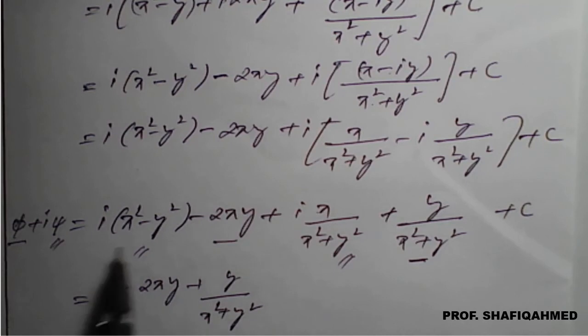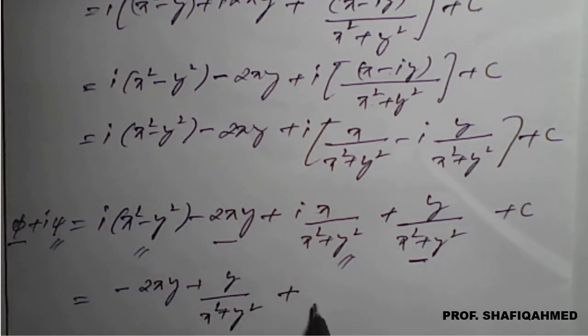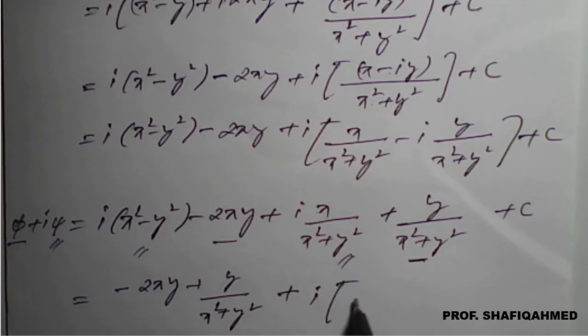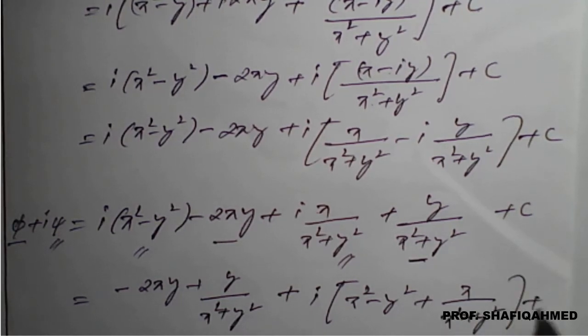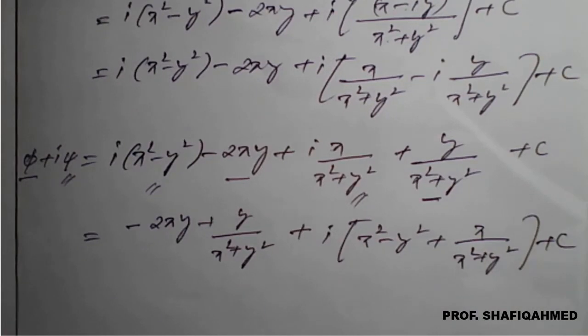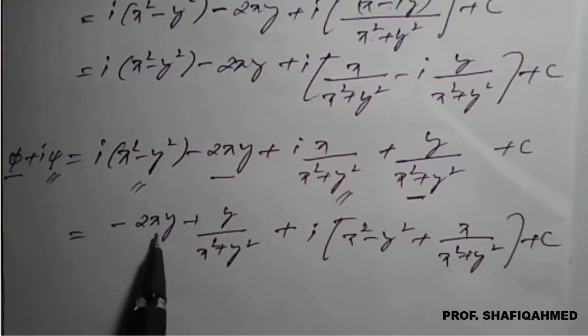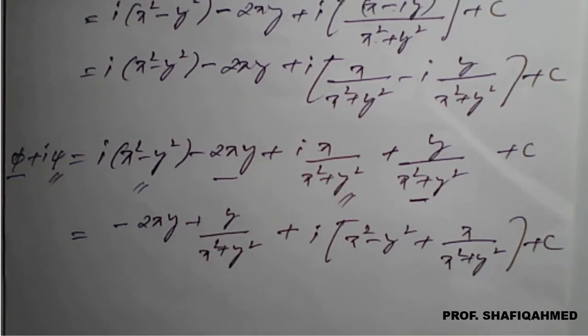It is the real part. For the imaginary part, I will take i common among these two: (x² − y² + x divided by (x² + y²)), this plus c as it is. So this completely is the real part and this completely is the imaginary part. So on equating